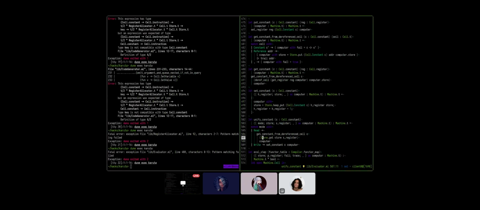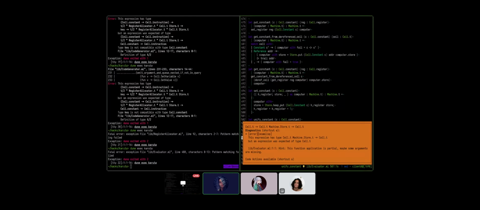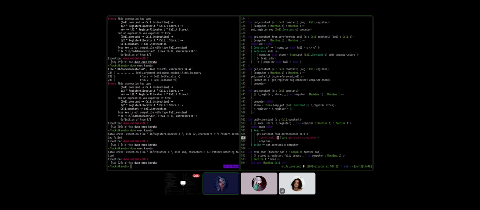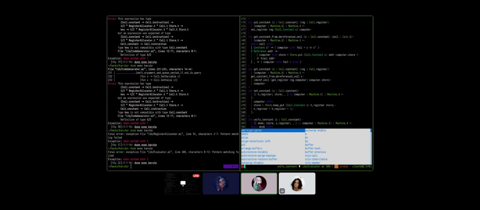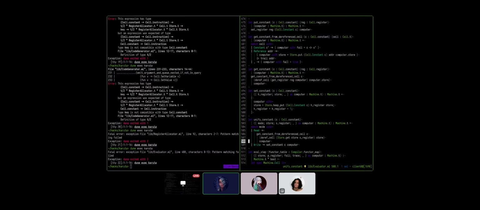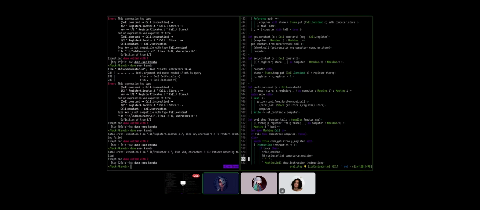So I suppose we can do deref cell here. But if that was the case, we wouldn't have to do the thing. Oh no, we would have because we need the raw thing in there. Okay, whatever. Done. Let's go to evolve step and add those instructions to the big pattern matching.